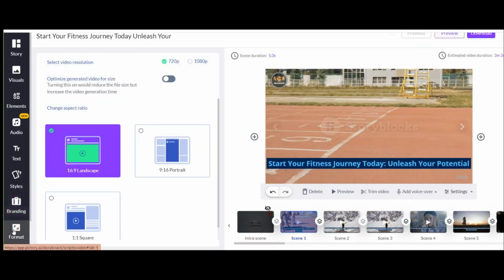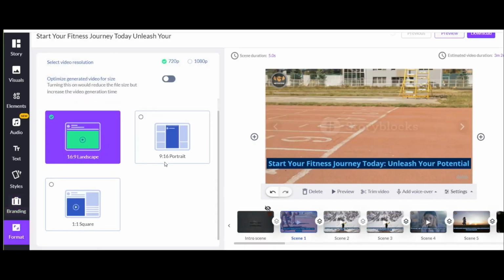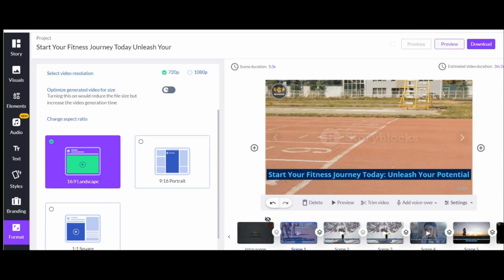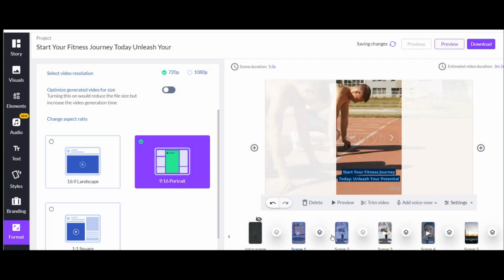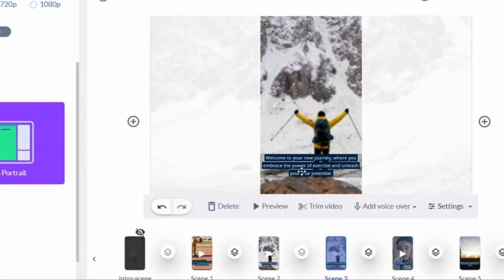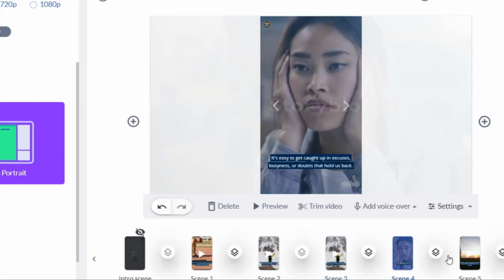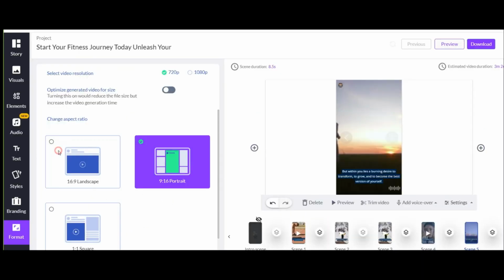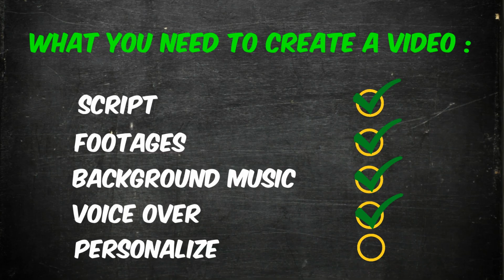The last part of the menu is related to the size of your video, which we had specified in the beginning. But maybe you want to change it in the middle of your editing. You don't need to go back. You can change it from here. Don't worry, nothing happens to your font and other changes by changing the size of the video. And as you can see, all your edits change according to the image size. And this is the power of Pictory. And finally, the video is personalized as you wanted.